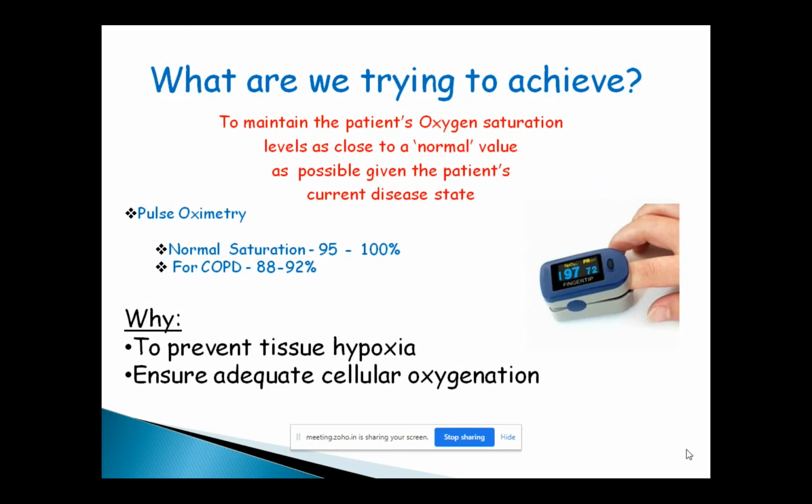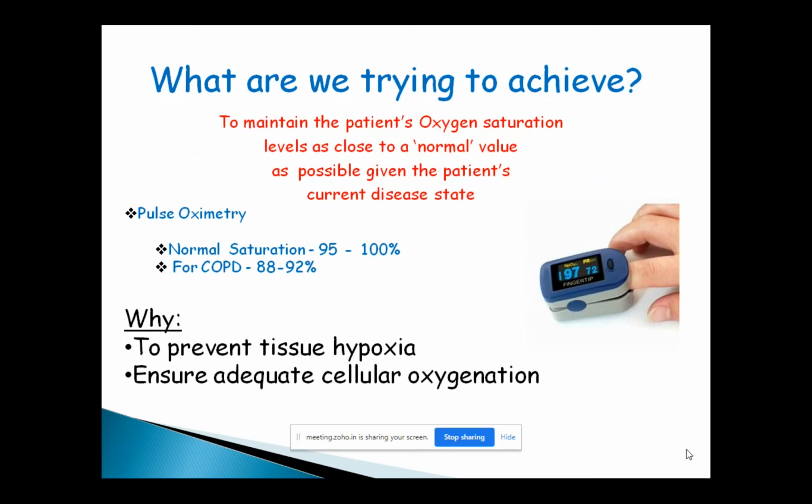So why am I saying this? If you are treating a patient with chronic obstructive pulmonary disease who's got chronic respiratory conditions, and you are trying to achieve oxygen saturation of 95 to 100 for them, you're wasting your time, because you will only be able to achieve that by giving a significant amount of oxygen. As soon as you try to stop the oxygen, their oxygen level will automatically come down because their lungs are so damaged. The oxygen saturation they may be able to achieve may be 88 to 92.